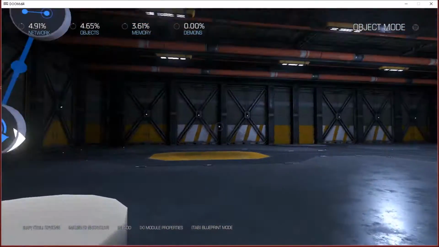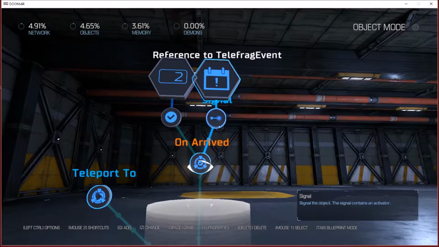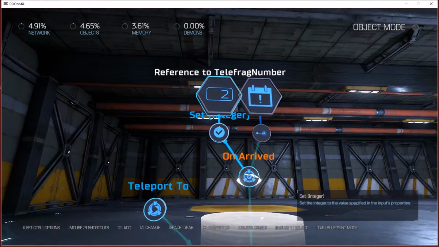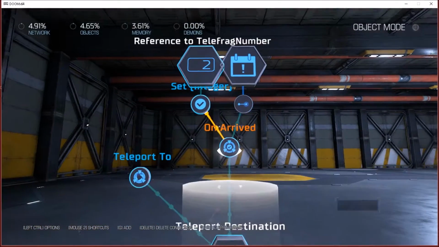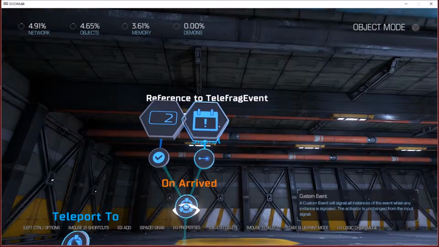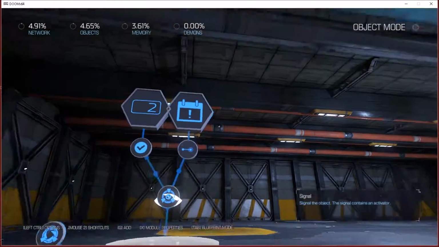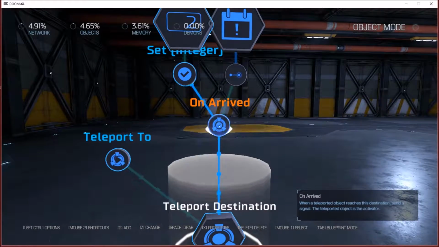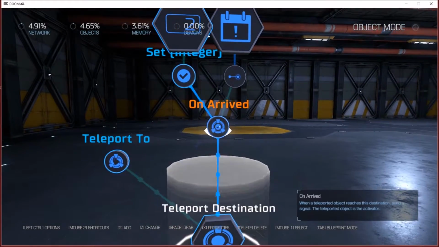Okay. Now the order that you place these is important. You have to make sure that you set the Telefrag number first, make that connection first, and then signal the Telefrag event second. And if you're unsure if you did that or not, you can always hover over the node